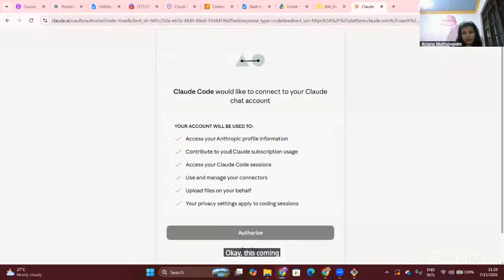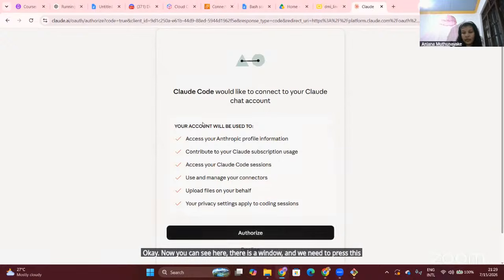Okay, it is coming. Now you can see there is a window and we need to press authorize, and after that